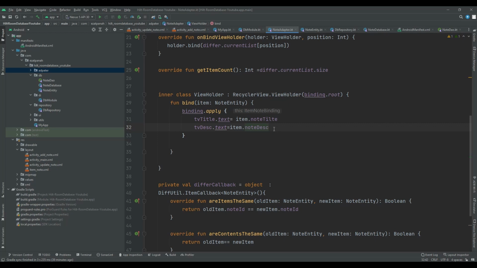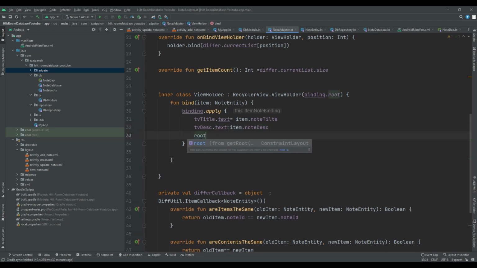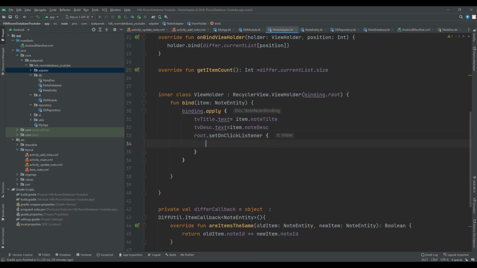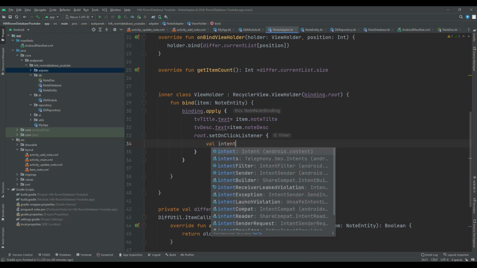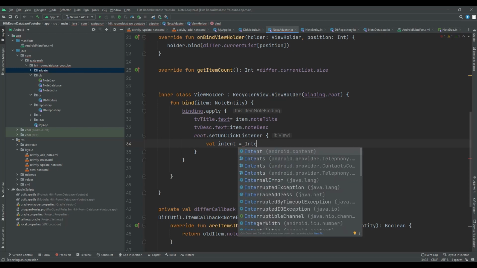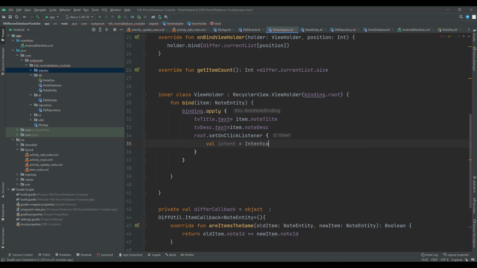So here need to call root.setOnClickListener, this one. Great. Okay guys, and here inside setOnClickListener I should create a variable intent for going to another activity with the note id. Okay, here call Intent, pass